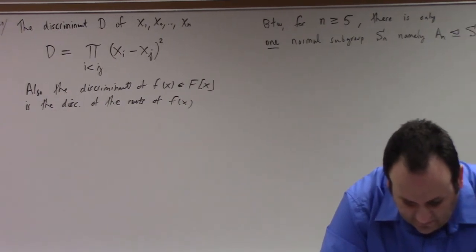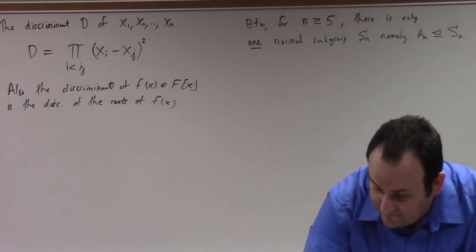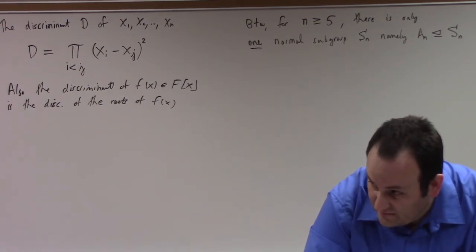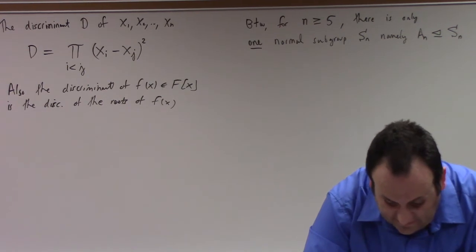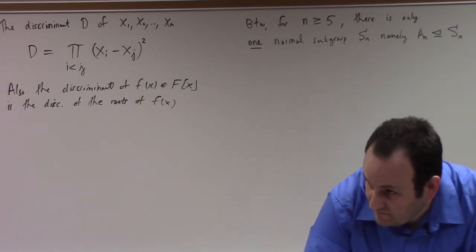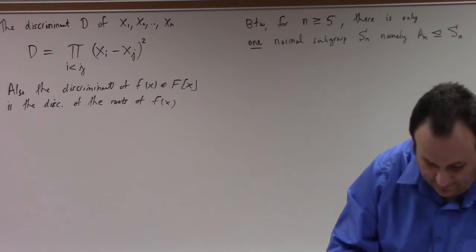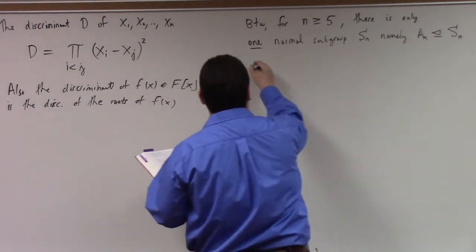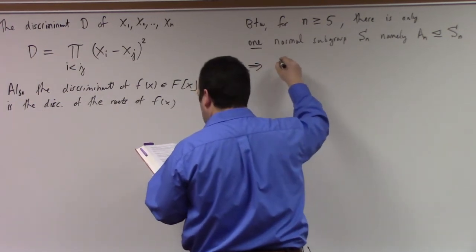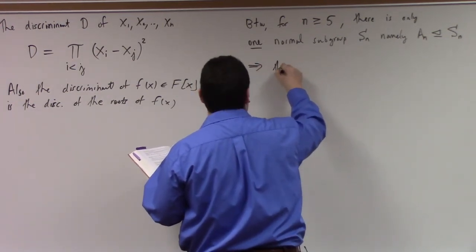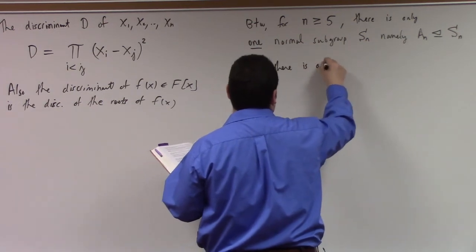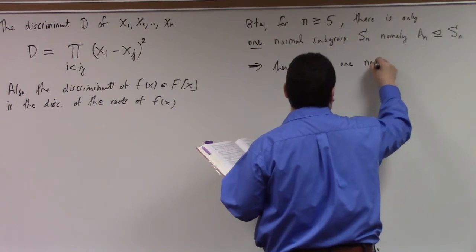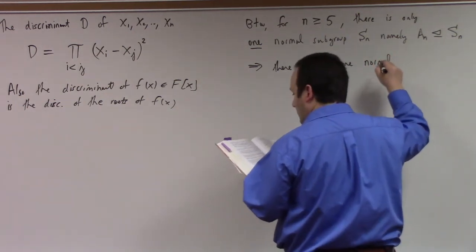In general, there's only one normal subfield of f adjoining x1 through xn, which contains f adjoining the elementary symmetric functions, s1 through sn, and it's an extension of degree 2. So this implies that there is only one normal subfield